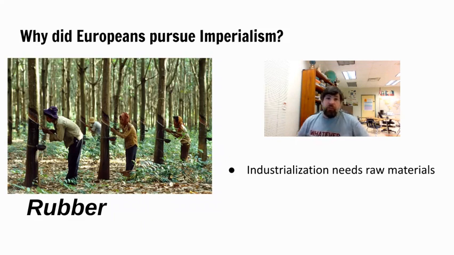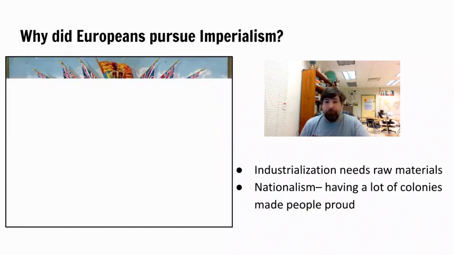And then rubber, which is another really important industrial material, which comes from the sap of different plants. And there's a lot of them in Southeast Asia, in what you might call Vietnam or Malaysia, and then also a lot from Central Africa. And one of the ugliest stories of imperialism is Europeans taking over Central Africa in order to get rubber, which they needed for things like bicycle tires and to make their machines run, etc.